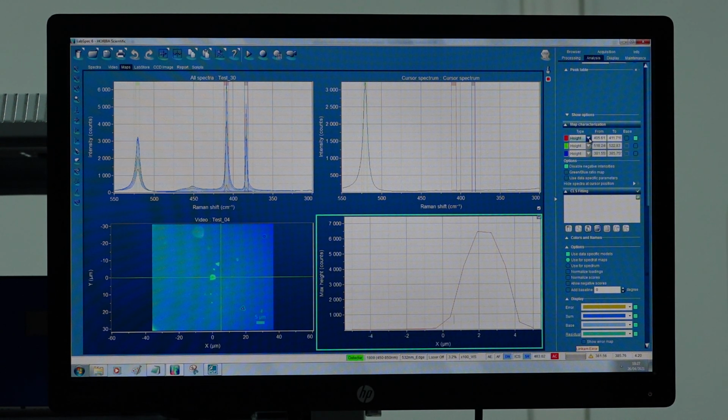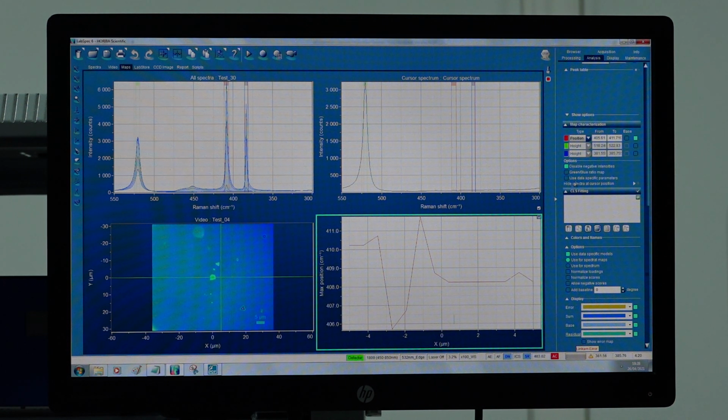I will switch this type from height to position, and rescale it. As you can see, the position of this peak, which is marked with the red cursor, varies across the positions through which we have taken the Raman signal.